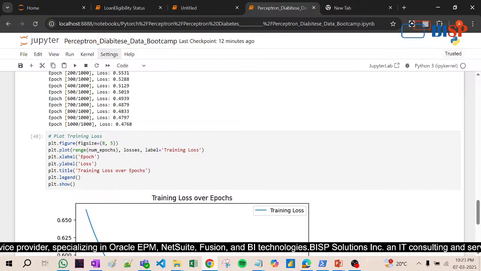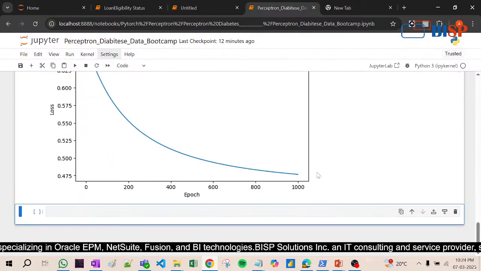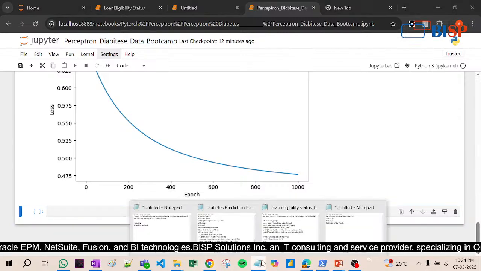Right, now look at this. Now this is how we are going very close. Our loss is now reducing. After that, what we will do,